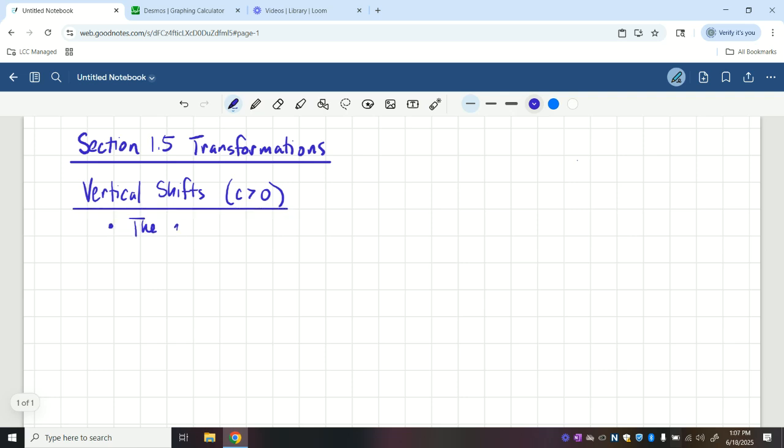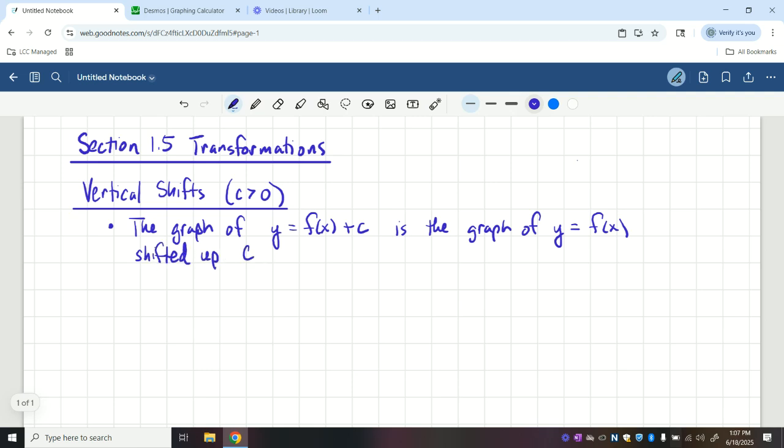The graph of y equals f of x plus c is the graph of y equals f of x shifted up c units. And then if I do minus, the graph of y equals f of x minus c is